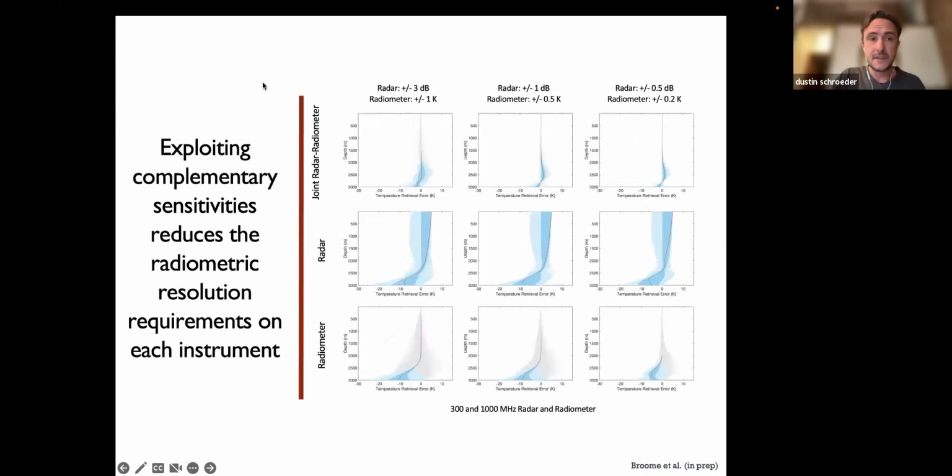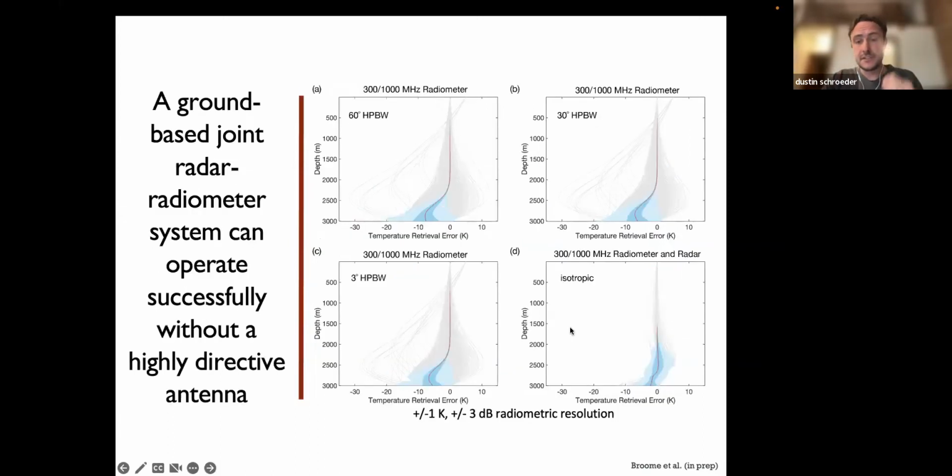Another system demand relaxation is actually in terms of the radiometric resolution itself, right? You can see that these constraints, especially if you look at the bed, yeah, it does improve as you start to beat down the radiometric resolution, but actually even with these very achievable values on the left, the constraints are still way better than sort of a radiometer alone system, and certainly better than a radar alone system, which is deeply ambiguous if you don't pin that temperature on the surface. The other thing she's shown is that